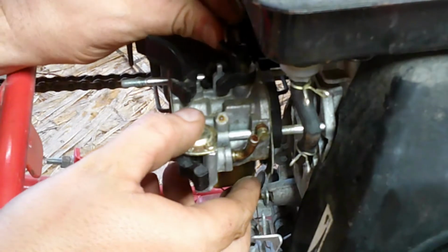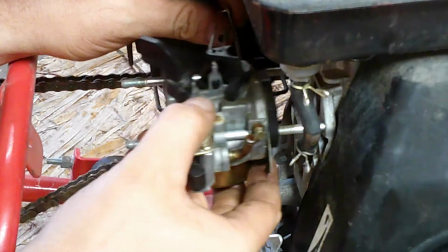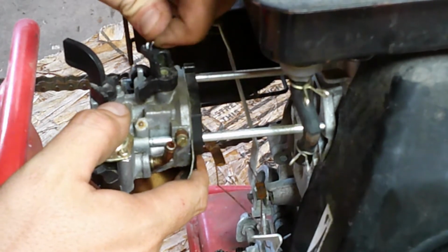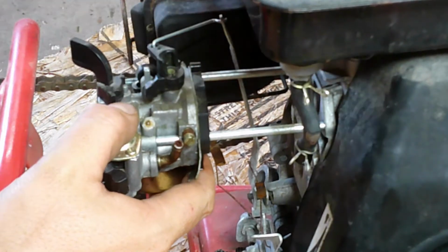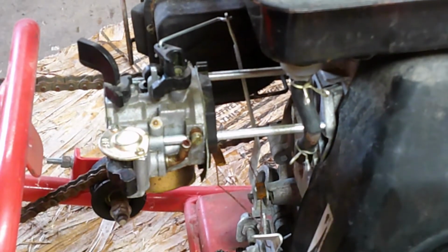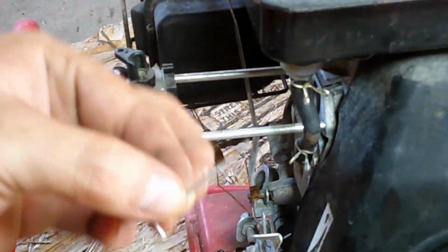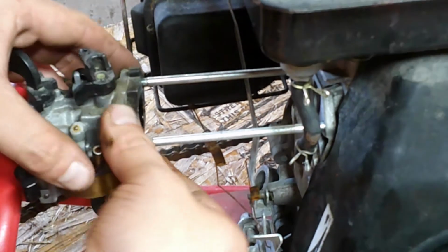Oh boy. So we're going to go this way with it, and that throttle linkage should come right out of there. Let's remove that spring so we don't break it. The spring. Okay. There we go. Throttle linkage. And now, I guess we can slide the,